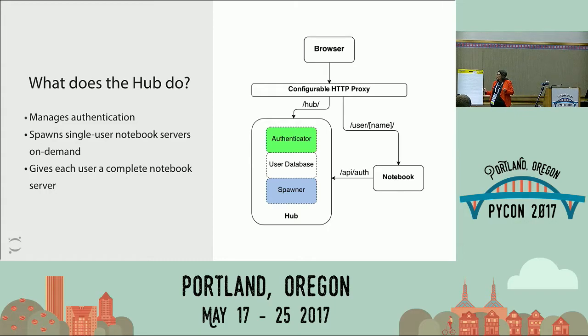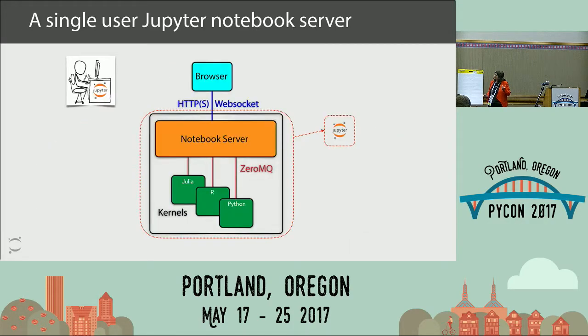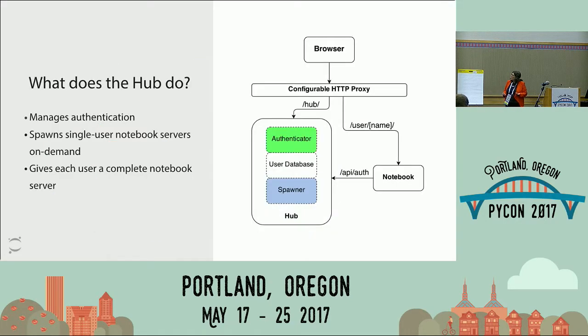It also has what we call a spawner, which will spawn one of these single-user notebook servers for each user on the hub. And you could think about it as giving each user their own little notebook server, and that really the hub is just a factory for providing that notebook server to each student.